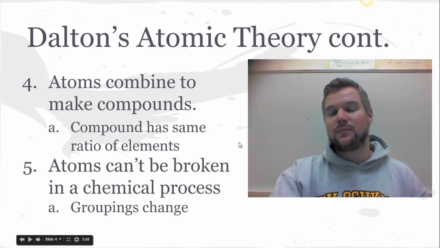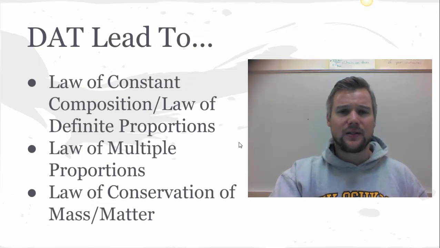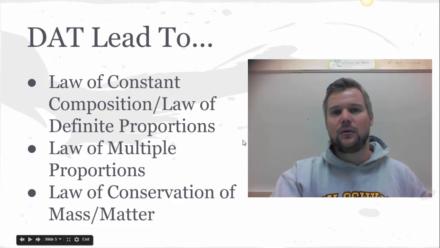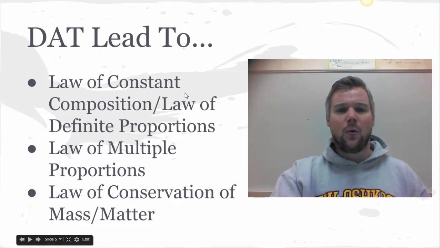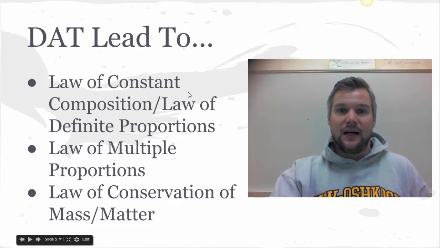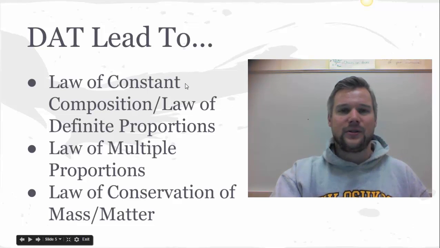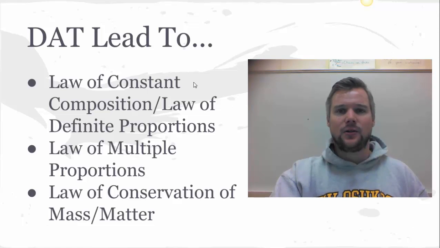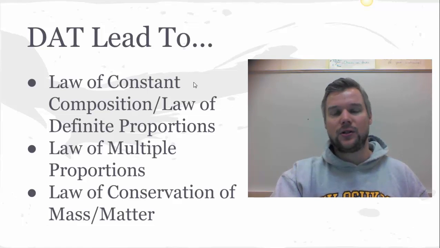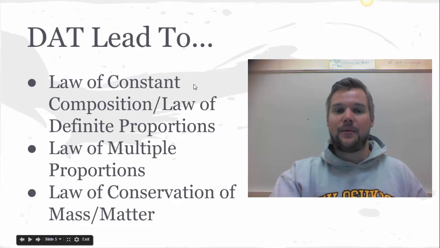And one of the reasons why this is important is because it led to a few laws. So the first law, known as the law of constant composition, which can also be called the law of definite proportion. So if you think of the word constant and definite, that means like stays the same. So what that law is saying is if you have a compound, the formula is always going to be the same. So water, H2O, is always going to be H2O. It can never be H3O or just HO. It's always H2O. That's what water is, and it has a specific set of properties.